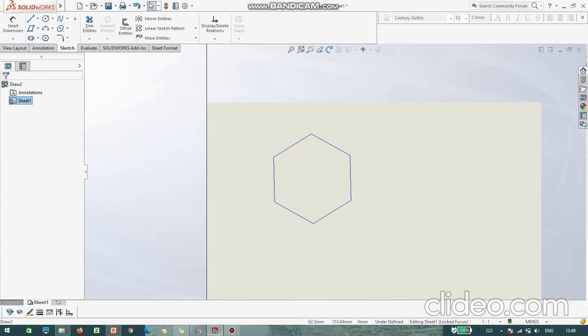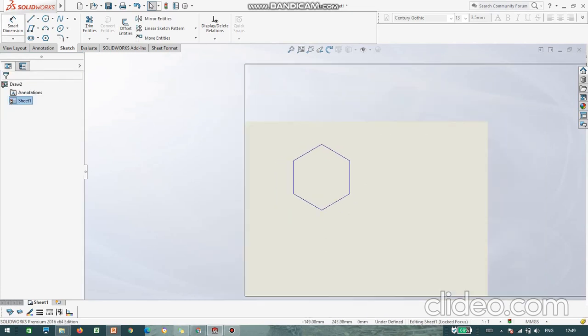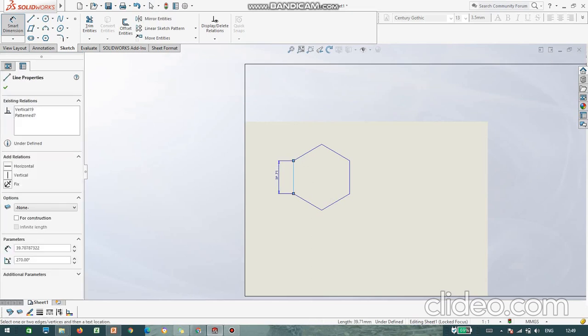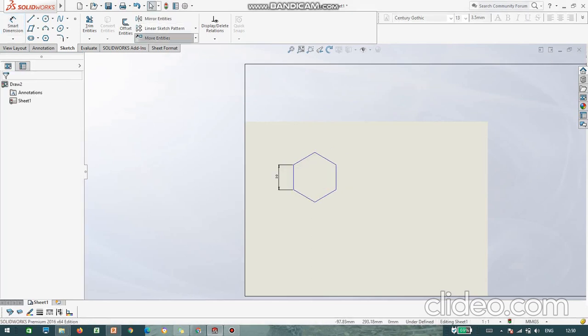Now we can see this line is not a vertical line, you can see some kind of zigzag. In order to make it a proper vertical line, you can go to vertical and click it here. See, right now it is vertical. I'll assign the dimension, let's say 30. Okay. Now we can move it.